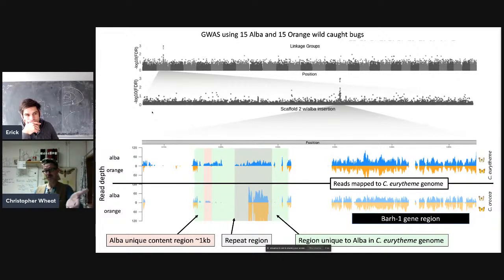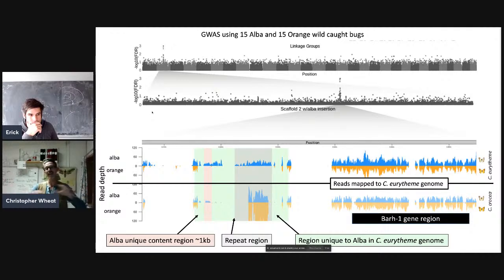And for Alba, because some individuals won't even have data mapping there, inherently we can't use the core region for Alba when we're integrating that with a bunch of orange species, right? Because it's just missing, so we have to filter it out. And unfortunately, the regions even flanking Alba, upwards of 10,000 base pairs on either side, are low complexity, high repeat density regions where we can't call reliable SNPs because the regions are too complex. So by default we have to get relatively far away from the Alba region before we can start getting